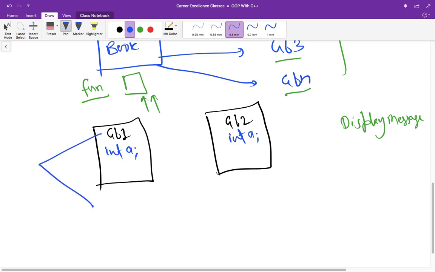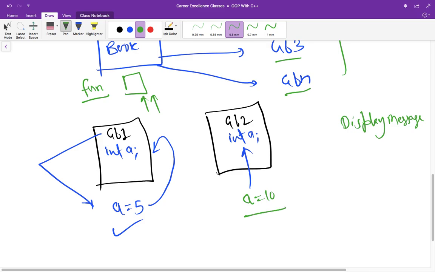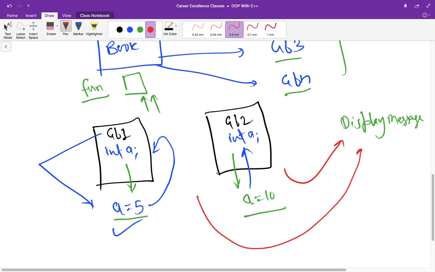If gb1 assigns a value like 5 to the variable a, this value will be seen in gb1 only. In gb2, the value will be either the default value or whatever other value you have assigned, say 10. So this will be a equal to 5 and that will be a equal to 10. But if you want to make any changes, or display both of these values, you need to call the same function using both the objects, right?